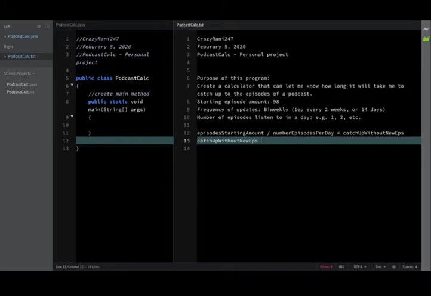So I'm going to catch up. So in this situation, if I'm going to catch up, 98 divided by 14 would give me how many new episodes would come out over those 98 days, I believe. I believe I'm doing this math correctly. If I'm not, then